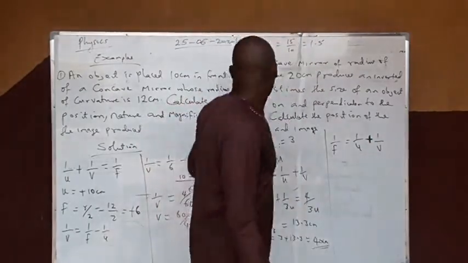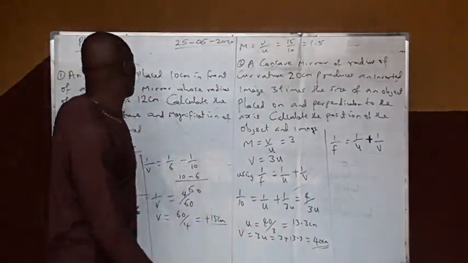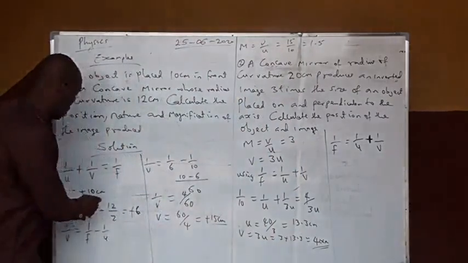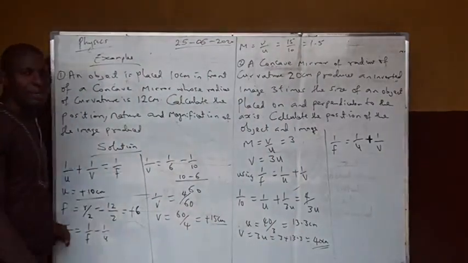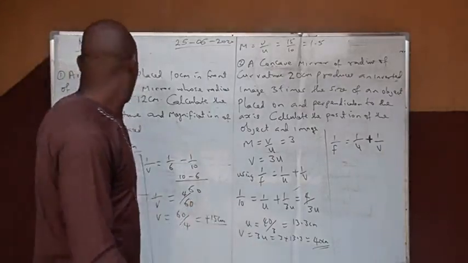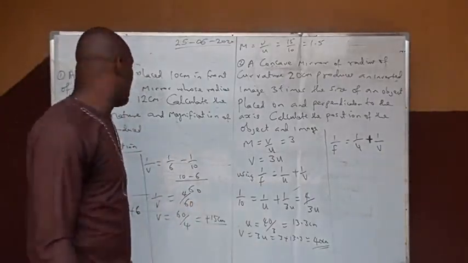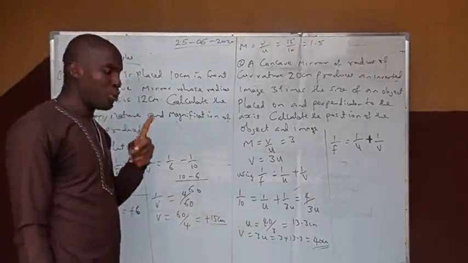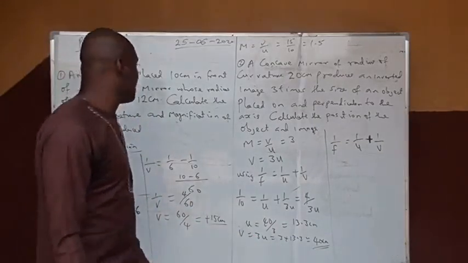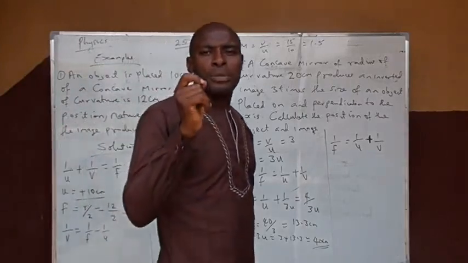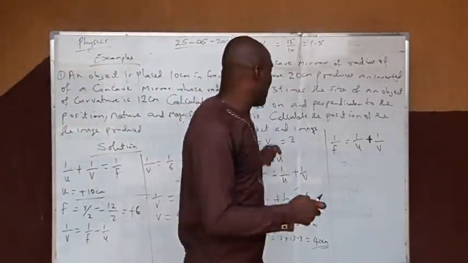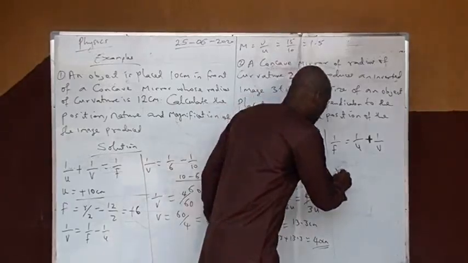Now, from the questions given, you can see that the object distance is 10 cm. That is why I said that the object distance is 10 cm. This plus here, make use of that positive sign convention, that every object in front of the mirror must be positive. So you can see that object distance is 10 centimeter. Now, from the curved mirror, we have that the radius of curvature r, which I have told you already,